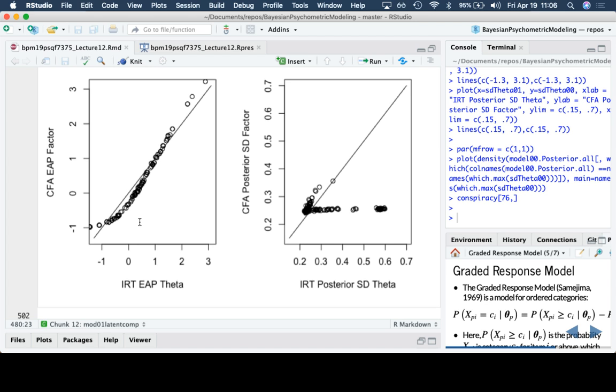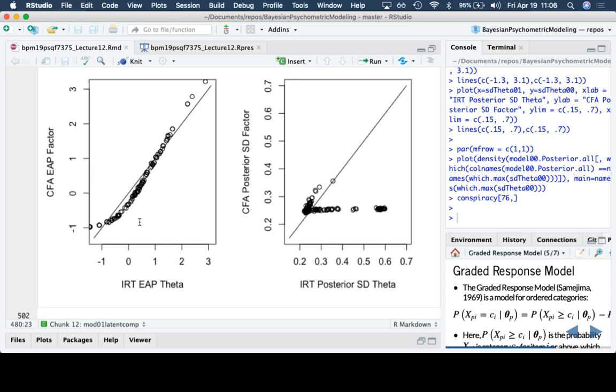But what is this telling us? For most of the values, the IRT posterior standard deviation is actually higher than the CFA one, right? Why is that? That's what we would expect. We see more variation in standard deviation with IRT, and we should see it higher, and that's because